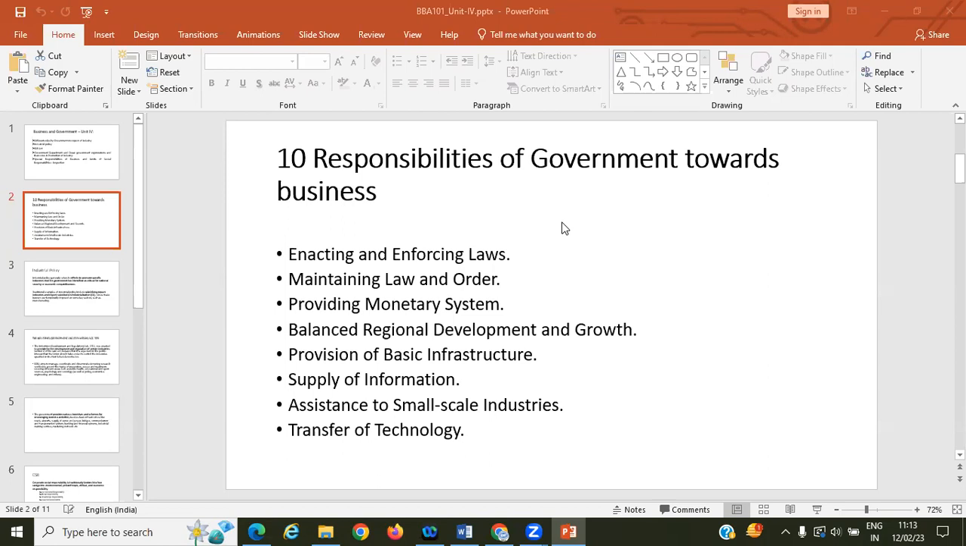Transfer of technology. If some technology is available in a rural area or in a different country, how can that be available to our country, to our region? So government is thinking to transfer. Suppose